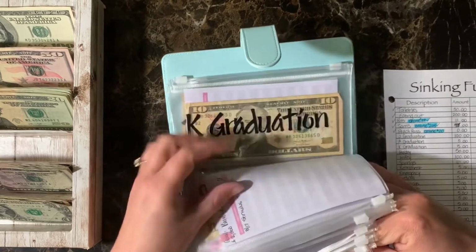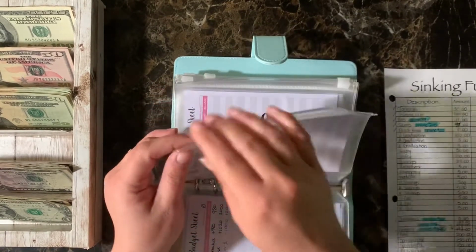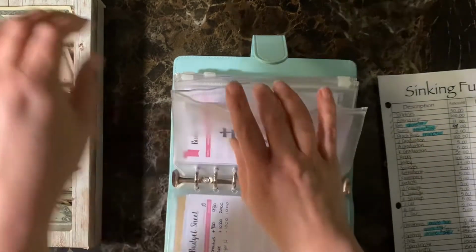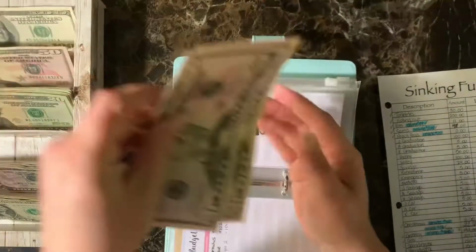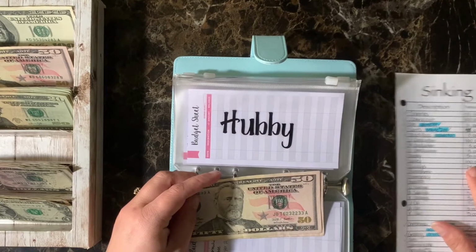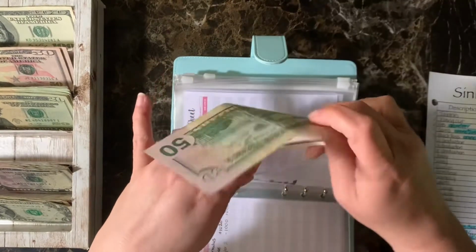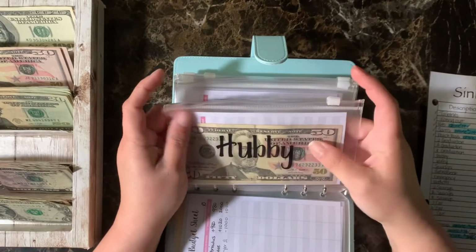Yeah, I have this written out of order. Okay, we're going to do it this way. Hubby, we're going to give hubby $100, I think. 250s. No, wait. Nope, hubby gets 50 because this is primarily to take care of Father's Day and birthday, and his birthday